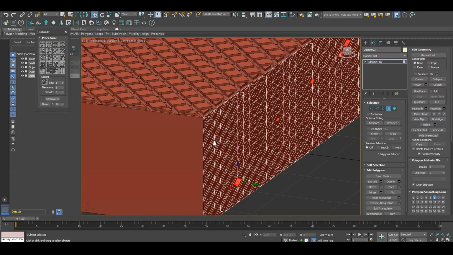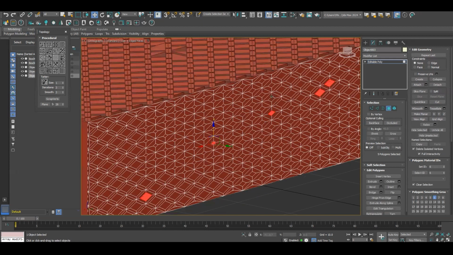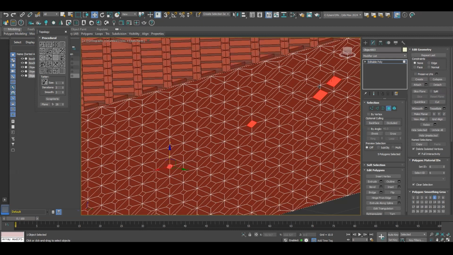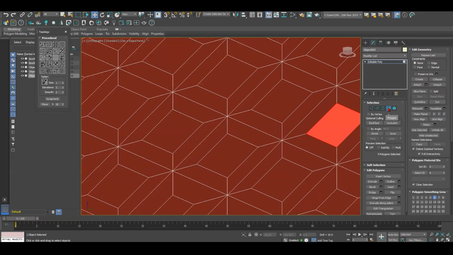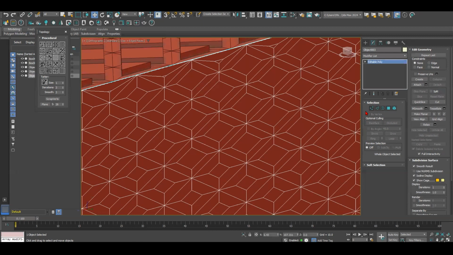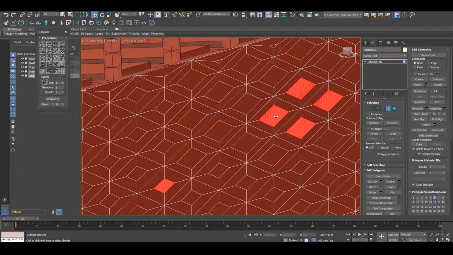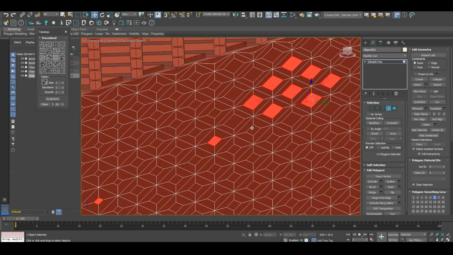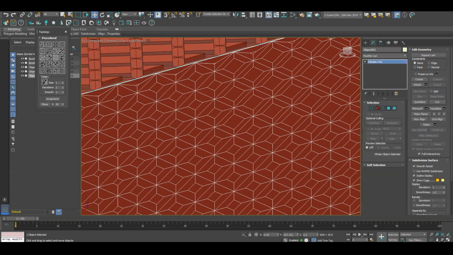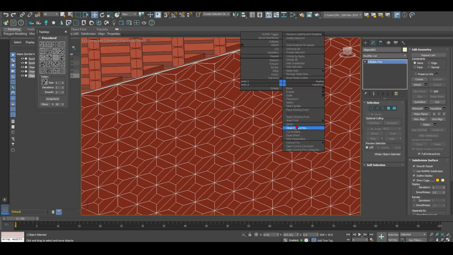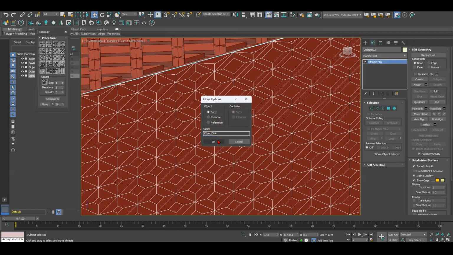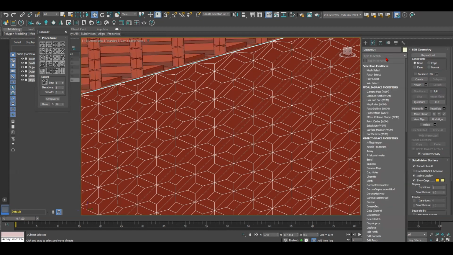So what if you want to separate these things to add thickness? Try these. The first one, you can start to select each one like this. And once you do that, you can extrude to that side. Or you can just right click, clone it, copy, and add a lattice.